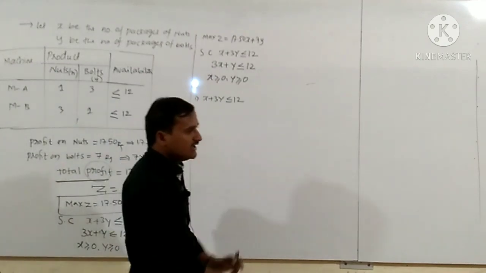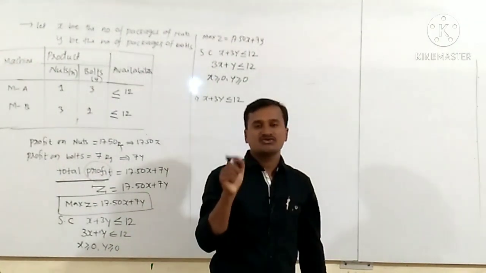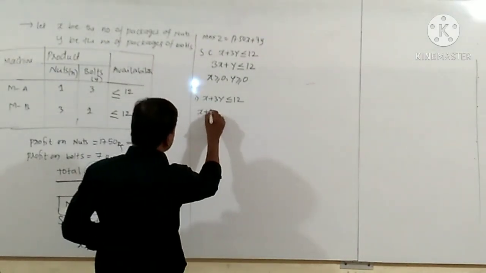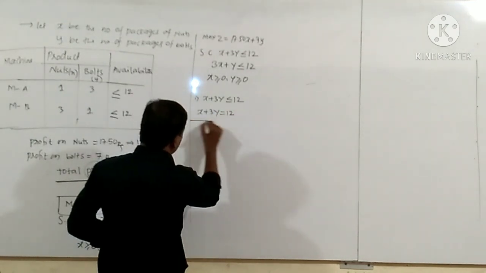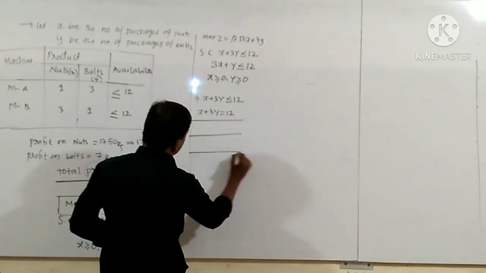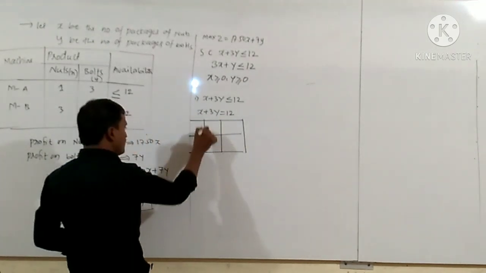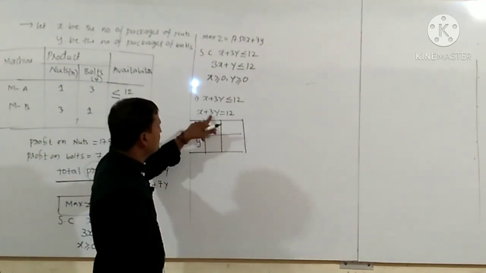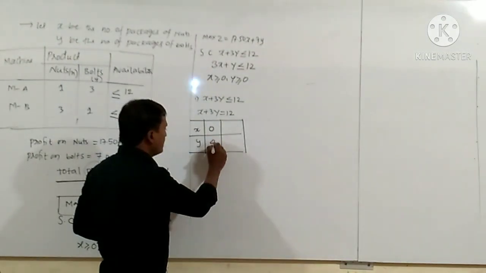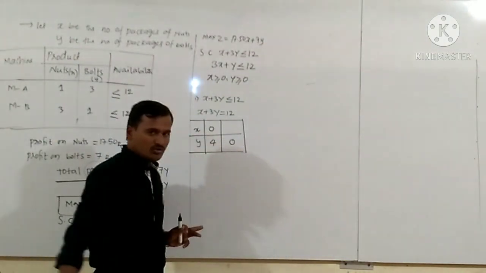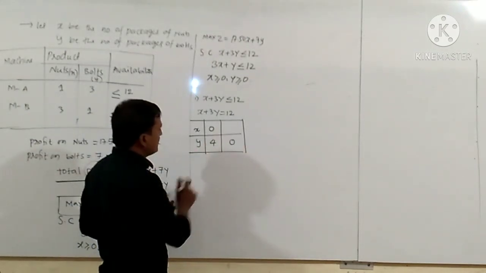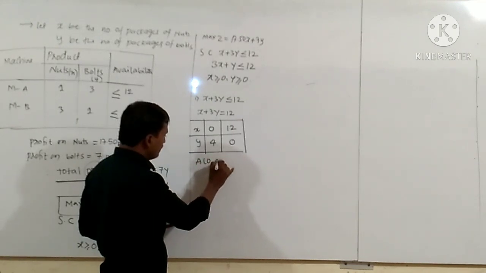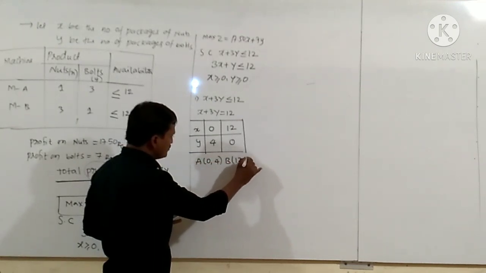While solving the linear inequalities by using the graph, first you should convert the given inequality into an equation. Hence it becomes x plus 3y equal to 12. It always represents a straight line. To draw a straight line we need at least 2 points. So those 2 points here I will take. First I will take the value of x equal to 0. Then what is the value of y? 4. Okay, now in this equation take the value of y equal to 0. Then what is the value of x? Clearly it is 12. Then point A is 0 comma 4. Point B is 12 comma 0.